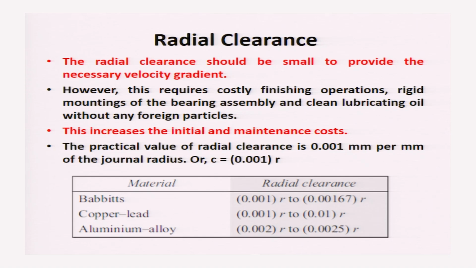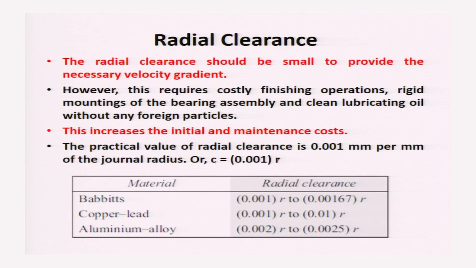The radial clearance should be small to provide the necessary velocity gradient. However, this requires costly finishing operations, rigid mountings of the bearing assembly, and clean lubricating oil without any foreign particles. This increases the initial and maintenance cost. The practical value of radial clearance is 0.001 mm per mm of the journal radius, that is, C should be